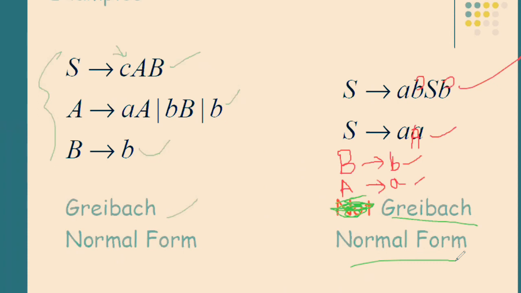I'll repeat the steps. First you identify, is there any epsilon symbol? There are no epsilon symbols. Check, is there any useless symbol? There were no useless symbols in it. Third one, check, is there any unit productions? So there are no unit productions in it. If they are present, you have to first eliminate them, and we have clearly discussed how to eliminate them in our previous classes, right? Then you have to solve by taking their equivalent productions.